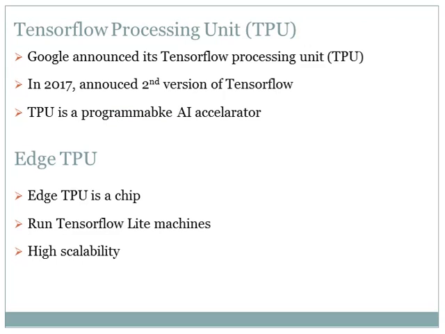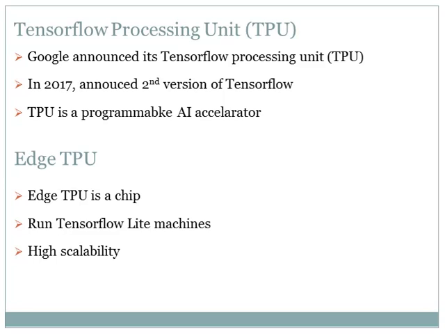Next we can understand the Tensor Processing Unit. Google announced its Tensor Processing Unit, that is TPU, an application-specific integrated circuit, a hardware chip built specially for machine learning and tailored for TensorFlow. In 2017, Google announced the second version of the TPU and the availability of TPUs in Google Cloud. TPU is a programmable AI accelerator built for running models. Google has been running TPUs inside their data centers for more than a year.